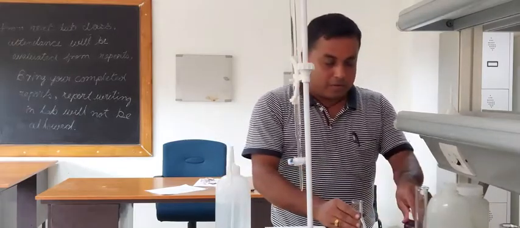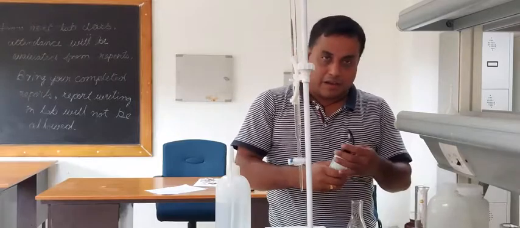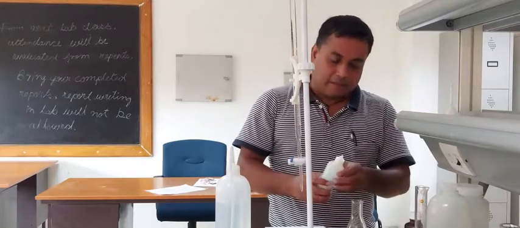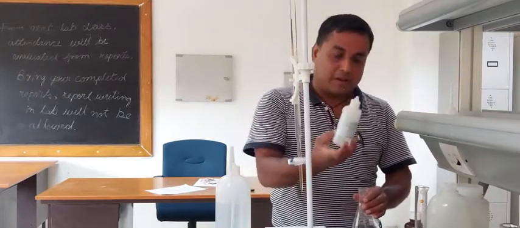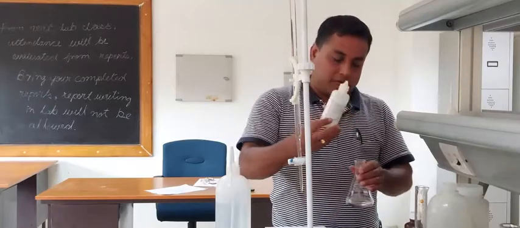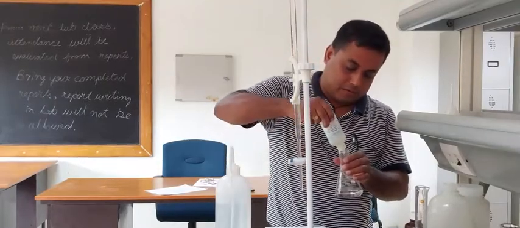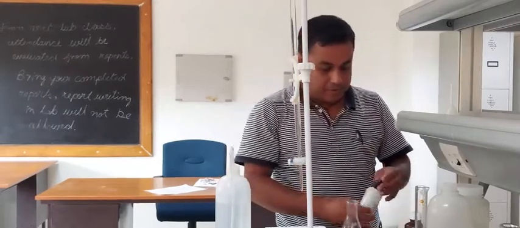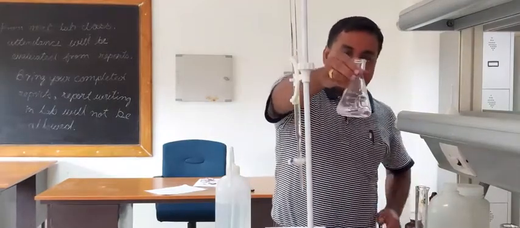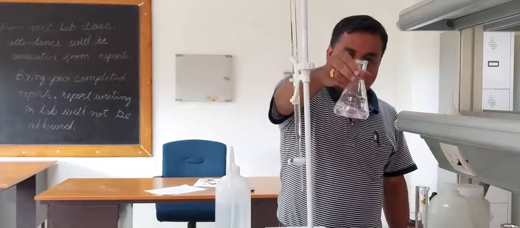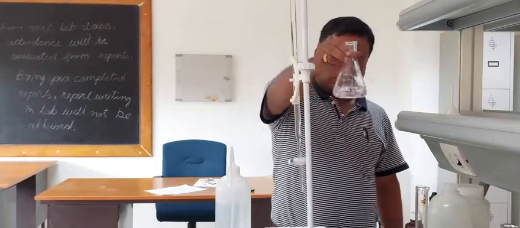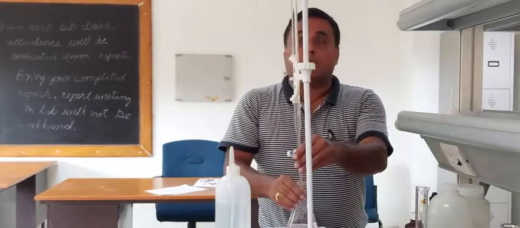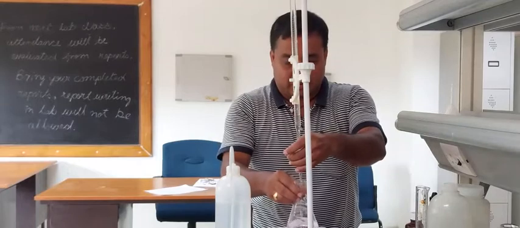Now I will put here phenolphthalein indicator. If there is hydroxide alkalinity, or pH is above 8.3, then you will get a pink color. I am putting here phenolphthalein, which is the indicator for acid-base titration. I am putting a few drops. There is a slight little pink color, you can confirm, meaning pH around 8.3. Now I will titrate it so that the pink color disappears. It will become colorless.